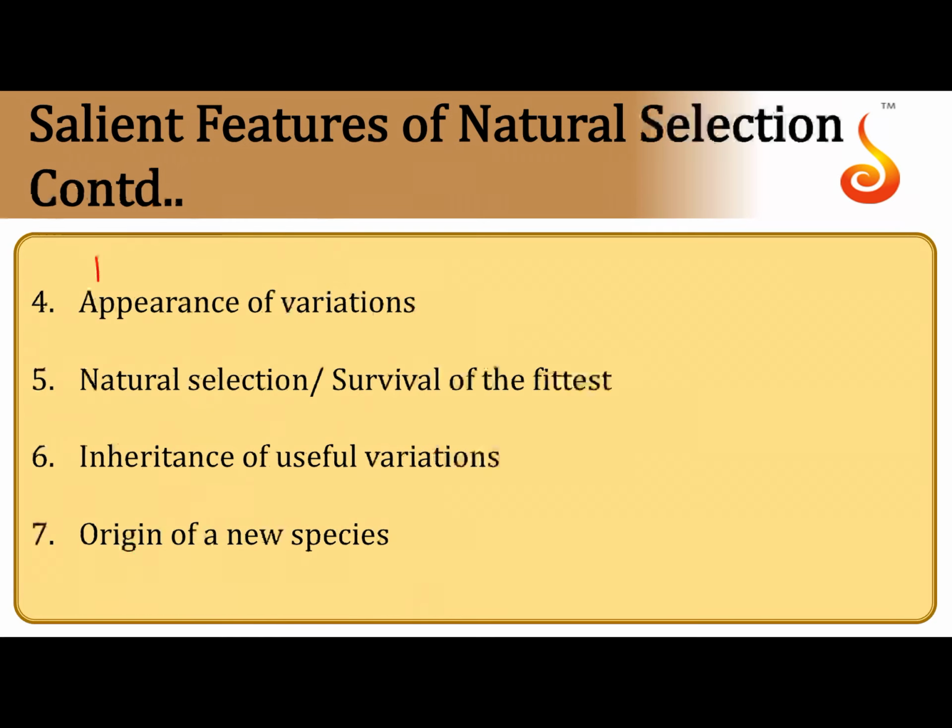So we already have built-in variation. They don't appear out of nowhere. We already have built-in variation that are a part and parcel of our genetic makeup, and some of us end up winning the struggle, and these winners who win the struggle are said to be the fitter organisms, and they are the ones who survive and they populate this planet, whereas the ones who could not cope with the struggle, they get eliminated.